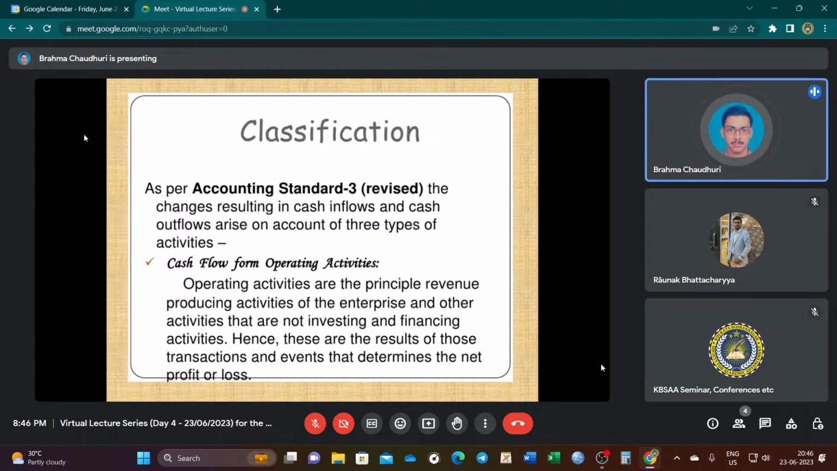The first one is the operating activities. Operating activities are the basic activities which occur day to day in a business enterprise. These activities occur due to the business operations of the enterprise in a day to day manner. So operating activities are the principal revenue generating activities of the enterprise and other activities that are not investing and financing activities. These are the results of those transactions and events that determine the net profit or loss,